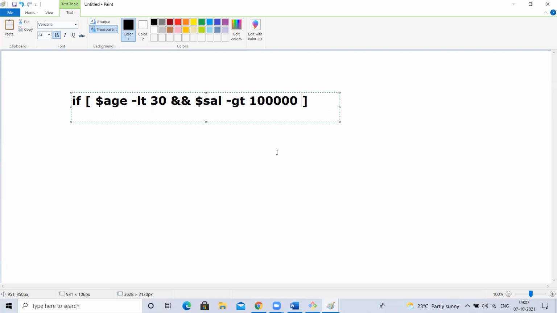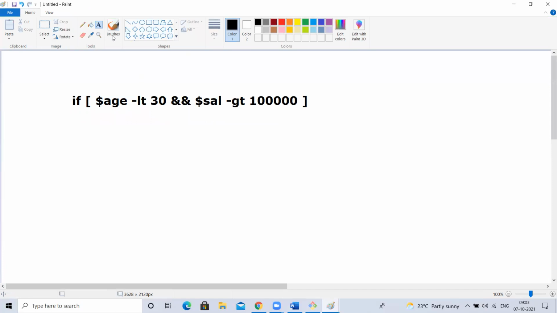Okay. Now I'm writing two conditions here. Age less than 30. When will this be true? If age is less than 30 and salary is greater than 1 lakh. For example, if age is 28, is the condition true? This is true. Yes, sir. And means both should be satisfied. If I'm writing like this, then